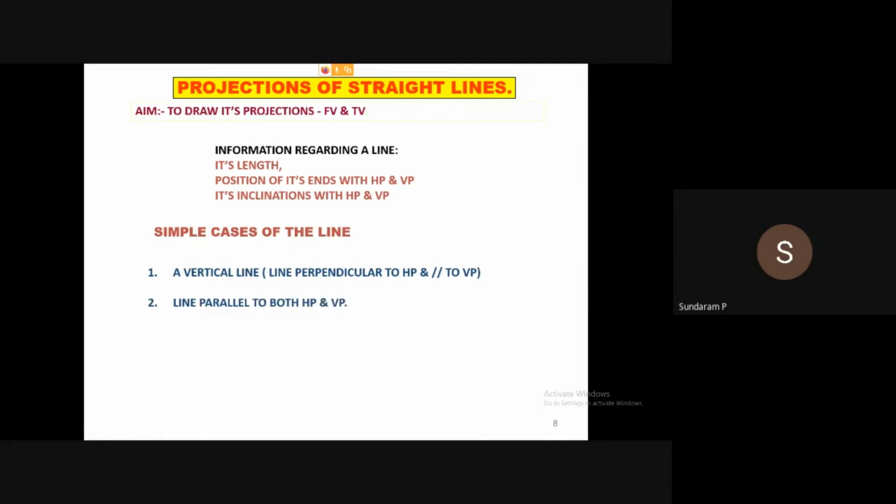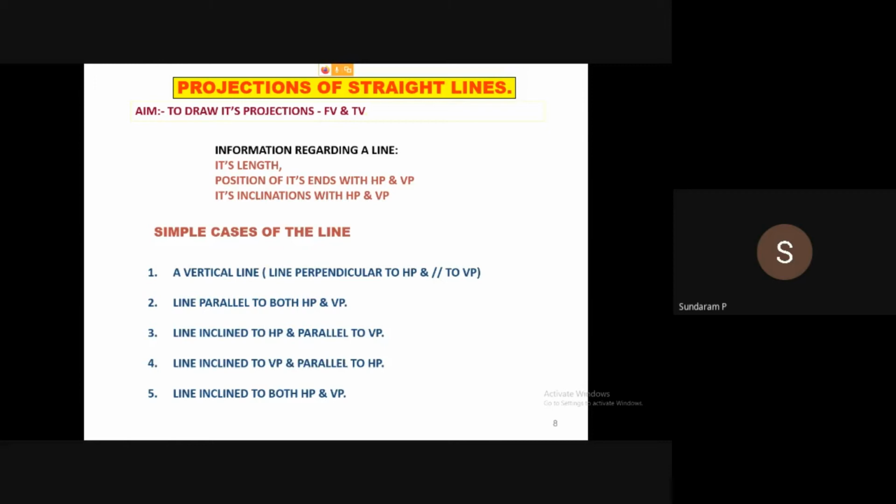In the first quadrant, we are following the first angle projection method. Once again, I repeat, we are following the first angle projection method. Hereafter, for all projection methods, we assume the object is in the first quadrant. For better understanding we used the point in all four quadrants, but as per Indian standard, we follow the first angle projection method, the first quadrant.